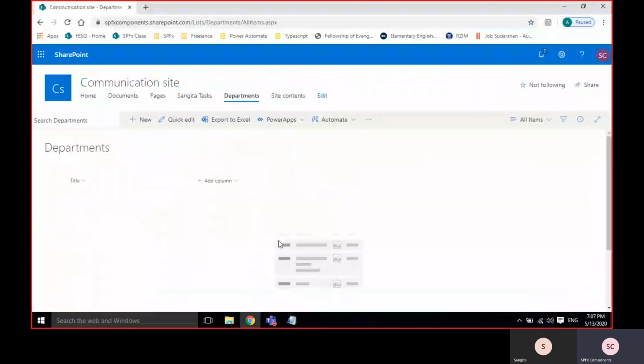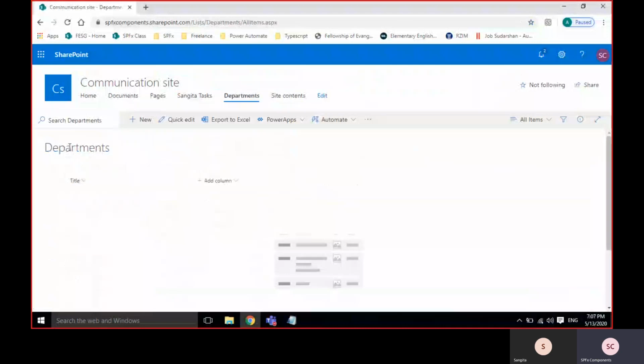Okay. So every list, the default column would be Title, and by default it is a required field. So I'll just try to submit a record.